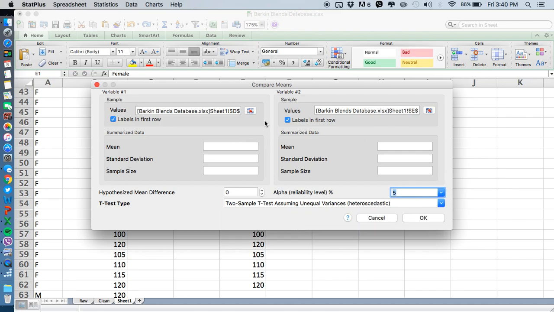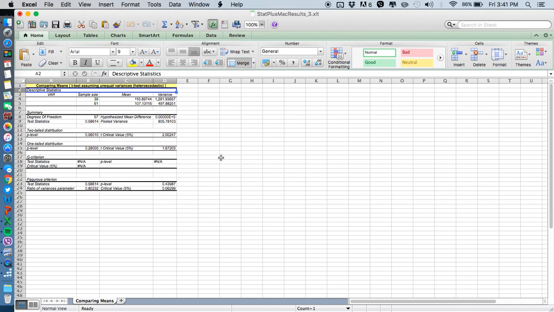So once you're done with the selections, don't forget to make sure that the labels are checked, especially if your selection earlier included the labels. My selection earlier included the column headers male and female, so the two checkboxes here are checked. So now I'm done filling out the dialog box. I'll just press OK, and a new worksheet will appear which will show me all the necessary values for us